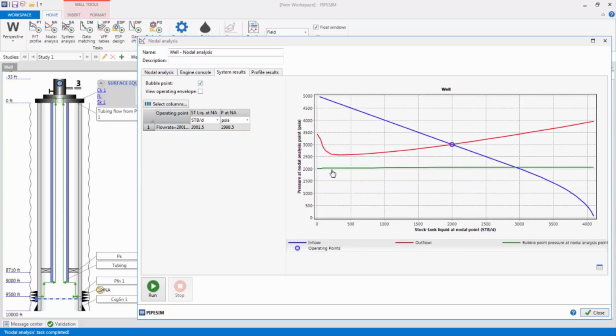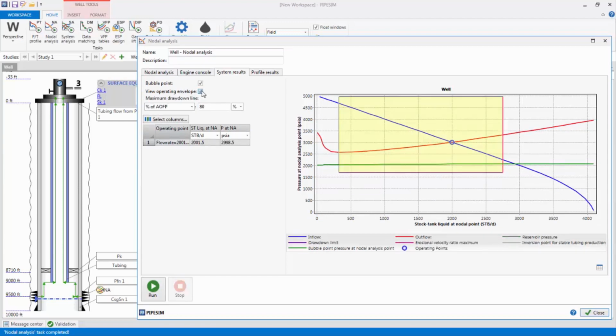I can also check a box to display the bubble point, as well as the operating envelope for the well, which is bounded by the maximum erosional velocity ratio, user-specified maximum drawdown limit, reservoir pressure, and the inversion point for